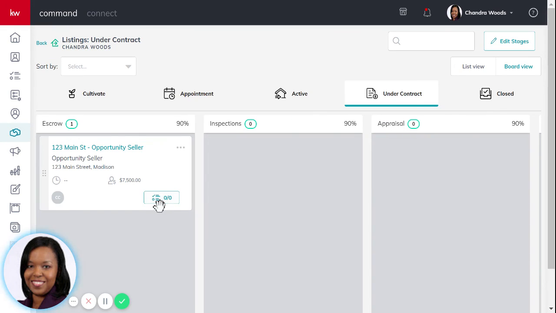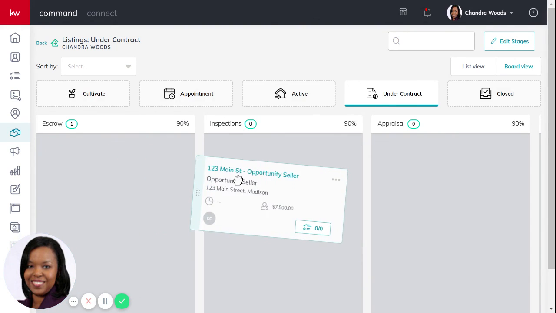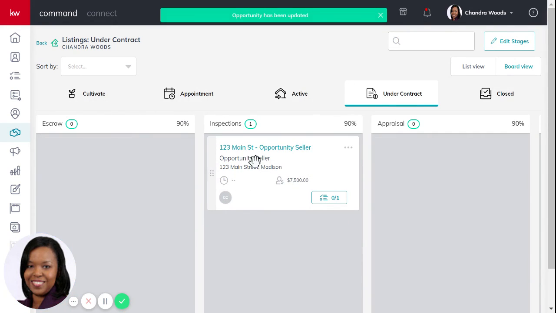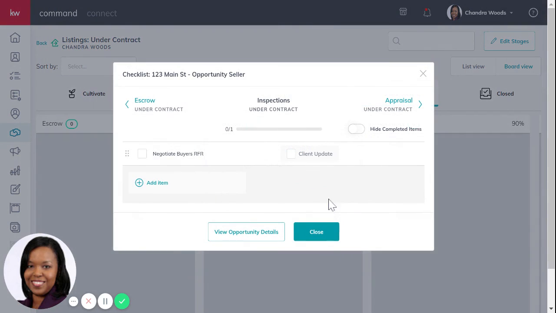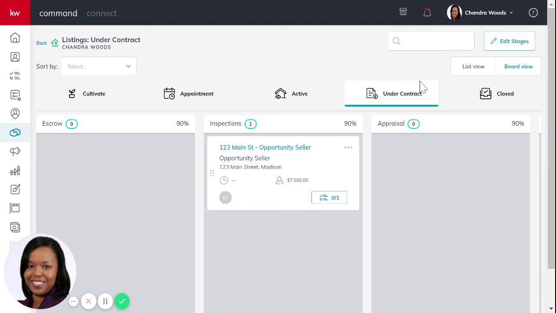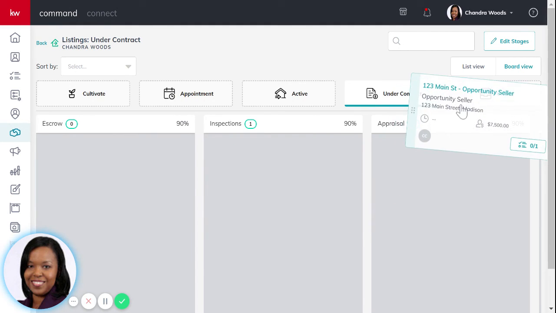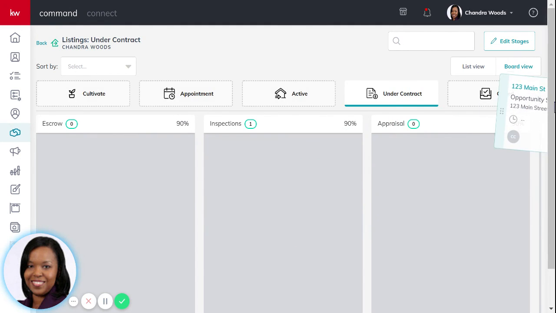And all the way through, if I have checklists in those opportunities, I can go through as I move it, see the checklist, put to-do dates on it based on maybe when I know that the home inspection is scheduled to happen. Move all the way through. And then lastly, when I move it to closing,